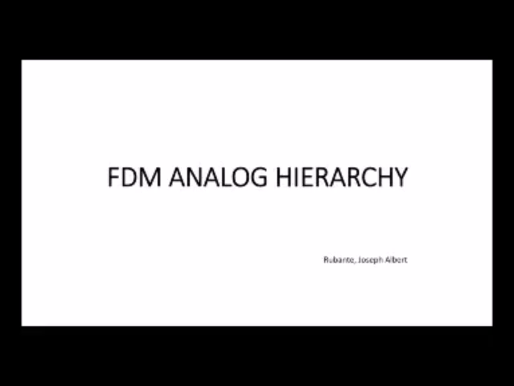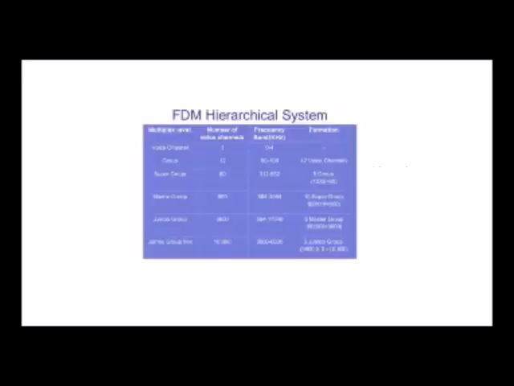So the topic is FDM analog hierarchy. As you can see, you have the hierarchical system. So you have the multiplex level, you have the group, supergroup, master group, and jumbo group mix. Actually, there's another group and so on as the number of voice channels increase. For the group, you have 12 voice channels, supergroup you have 60 and so on, with also increasing